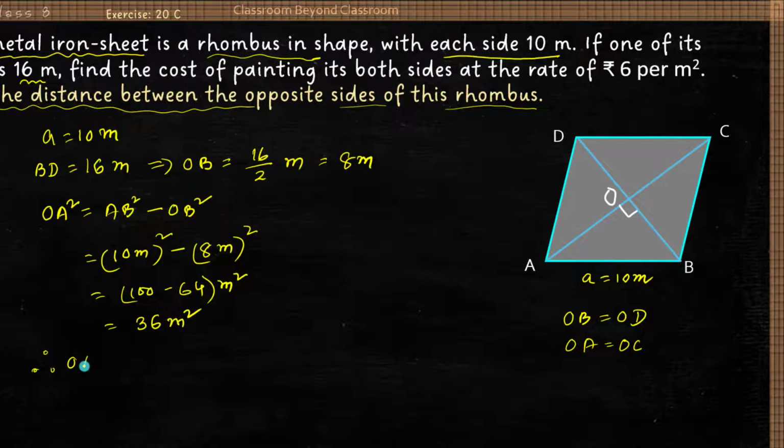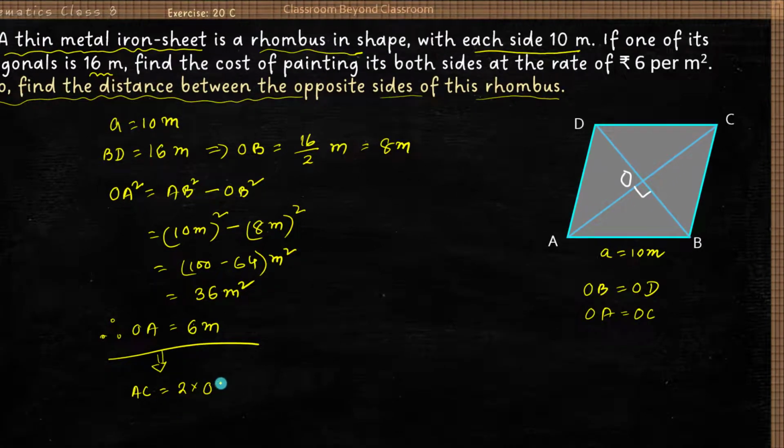Therefore, OA is equal to 6 meter. Now, if OA is equal to 6 meter, then AC, one of the diagonals of the rhombus, is equal to 2 times OA, because O is the midpoint of AC also, 2 multiplied by 6 meter, and this is equal to 12